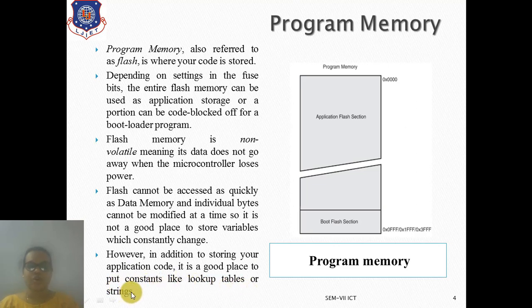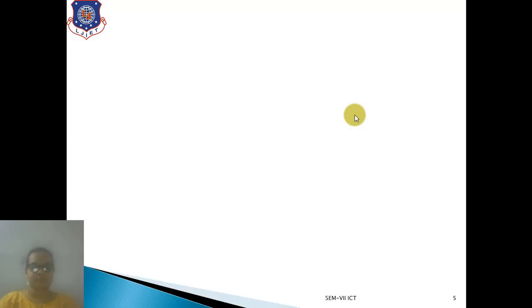Like any lookup table, if we write a program for square numbers, then the square lookup table can be stored in this particular program memory, as we know that the square of a particular number will not change at any time, right? Or if we are writing a program about fractional points, for that also we can use lookup tables in this program memory. So the data or the code which is not changing frequently is stored in this program memory.